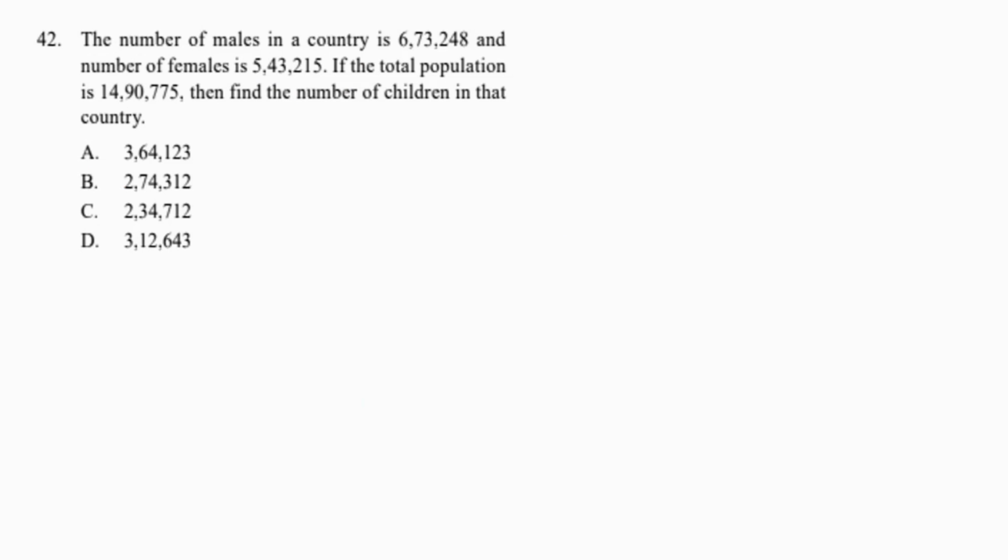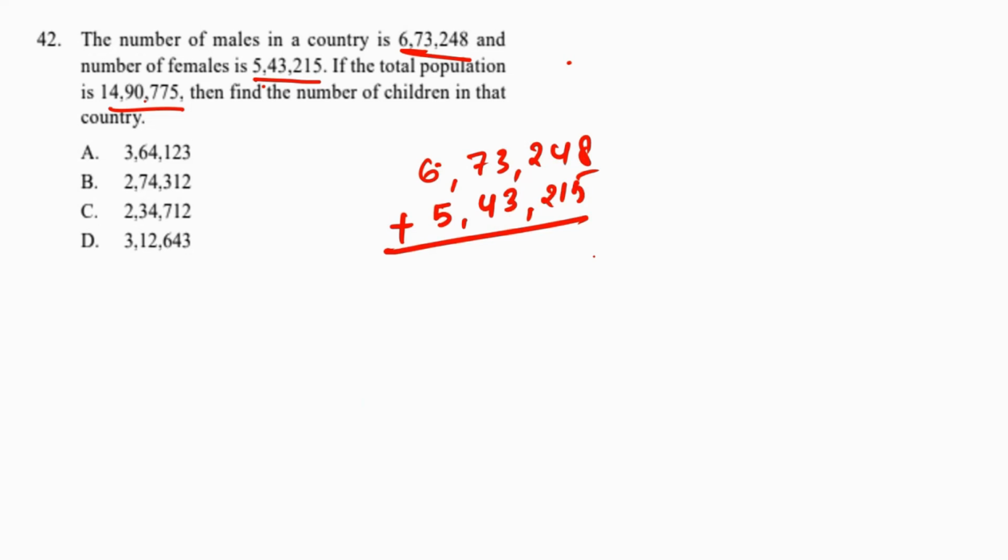Next, question number 42. The number of males in a country is given to be 6,73,248. The number of females given is 5,43,215. Total population is given, so we have to find the number of children. So the total number of males and females we should add first. If we add both together, we would be getting